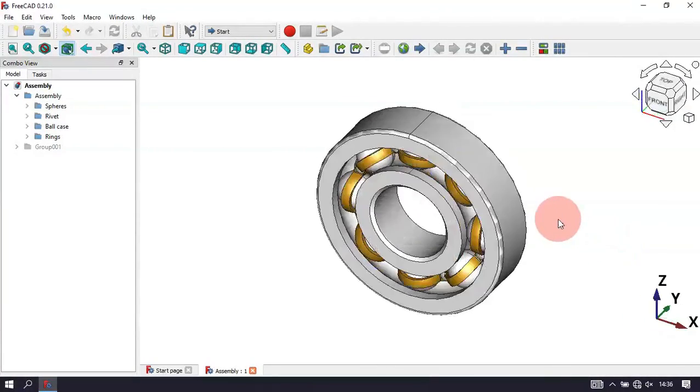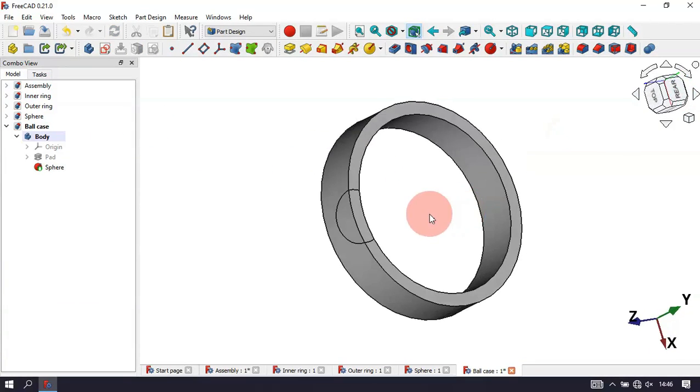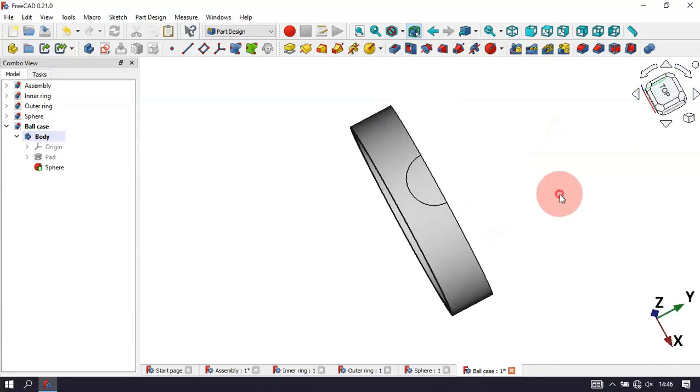In this video we'll model a ball bearing and we'll do the assembly of all parts using constraints of the A2plus workbench. During the design we'll see some failures of PartDesign tools, and also I will show how I solved